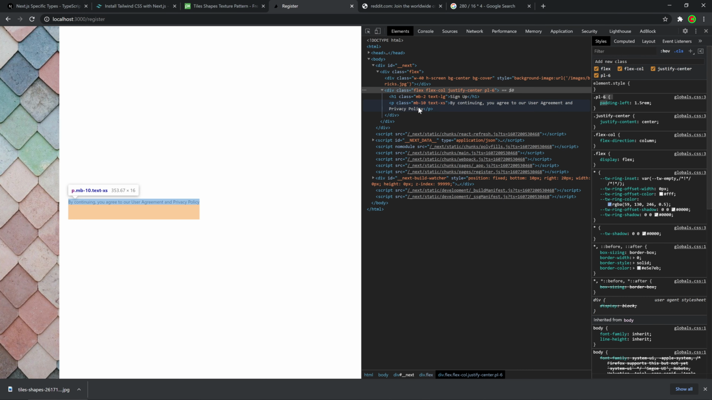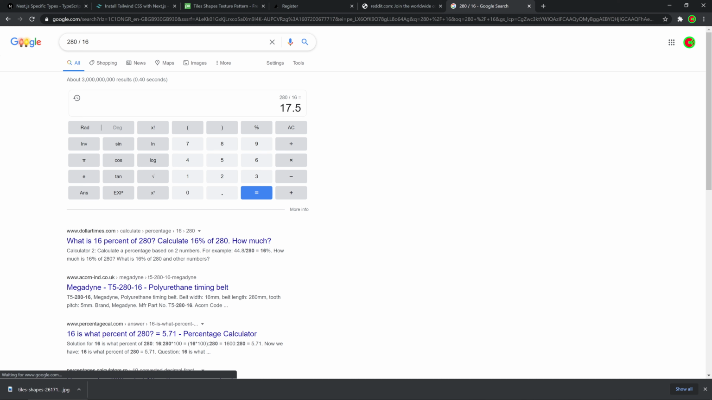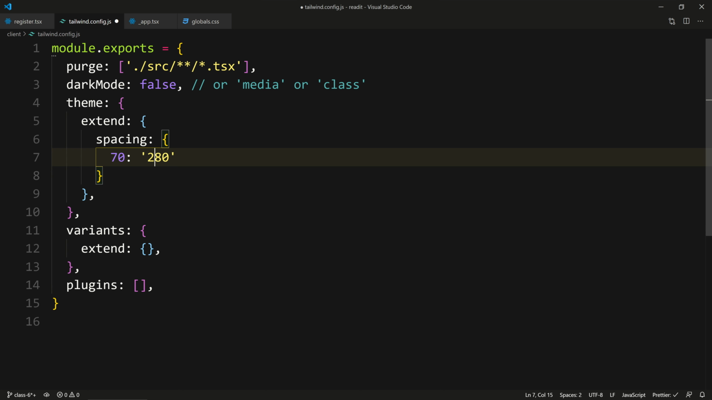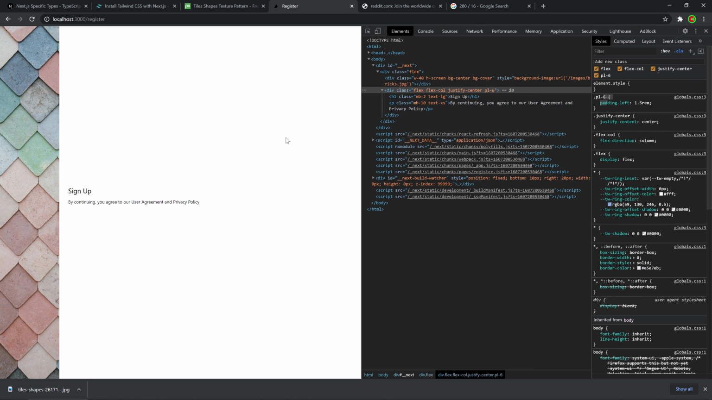Or actually, I'm gonna do it in rem. So what is 280? Just 280 divided by 16. Okay, 17.5. So let's say 17.5 rem. Save this, and now if we go back to our app and refresh just in case, let it build. And now if we go and inspect this and we take that div, if we say